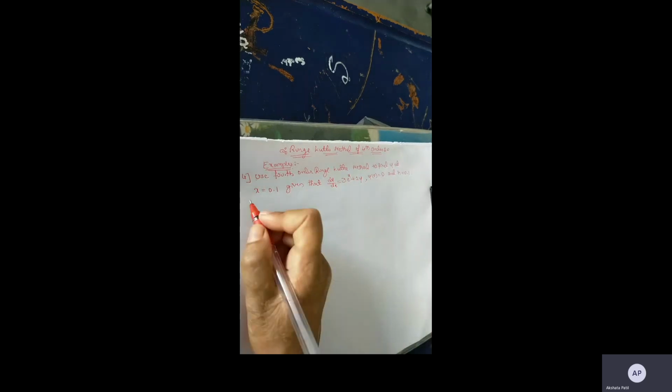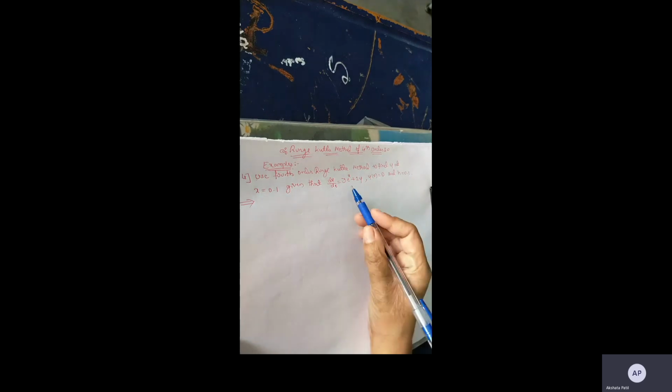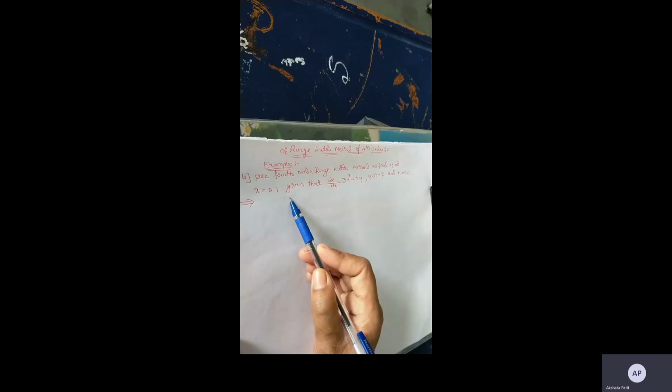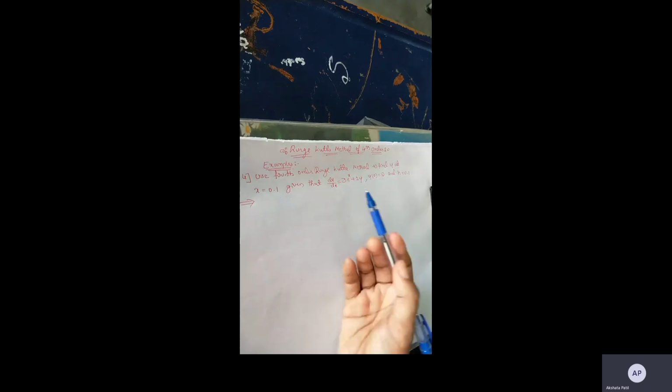In this particular example, they have given the differential equation dy by dx equals 3 into e raised to x plus 2y. They have given the initial condition also, y of 0 equals 0. It means x0 is 0 and y0 is also 0, and they have given the h value directly. In some examples they have not mentioned the h value directly. At that time we need to calculate h by using the formula x1 equals x0 plus h. Now they are asking to calculate the y value at x equals 0.1. I hope you understand this question. Now let us solve this example.